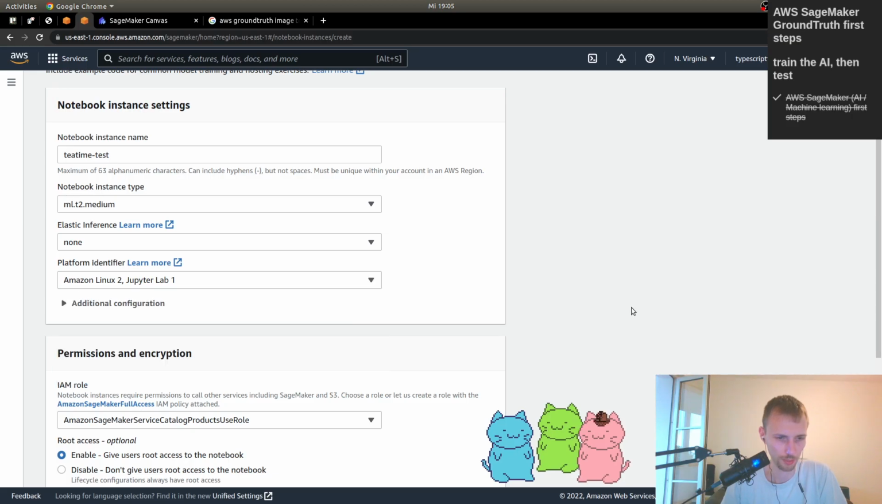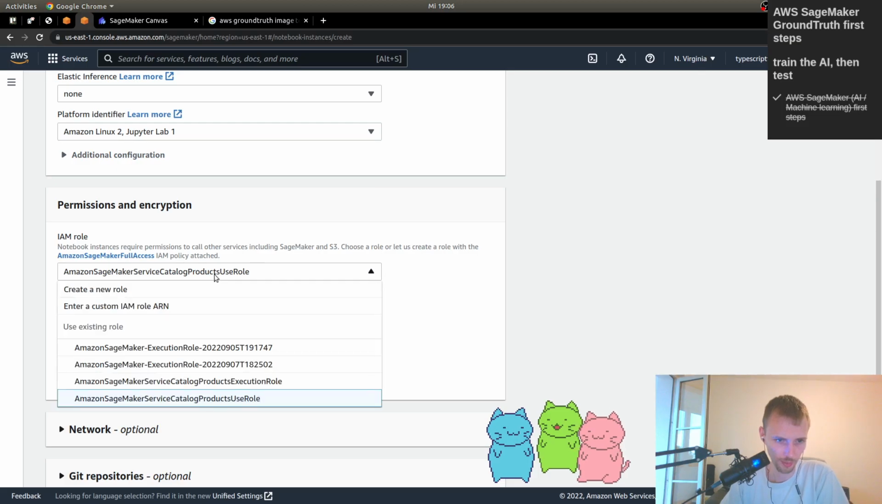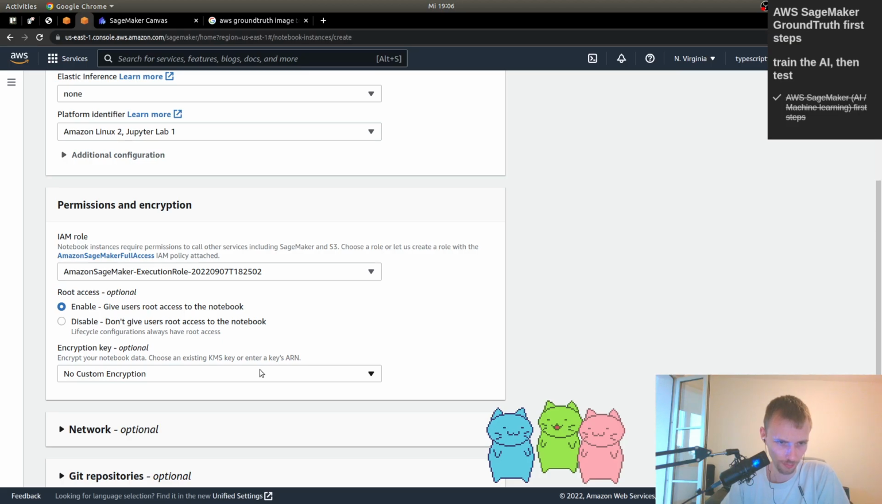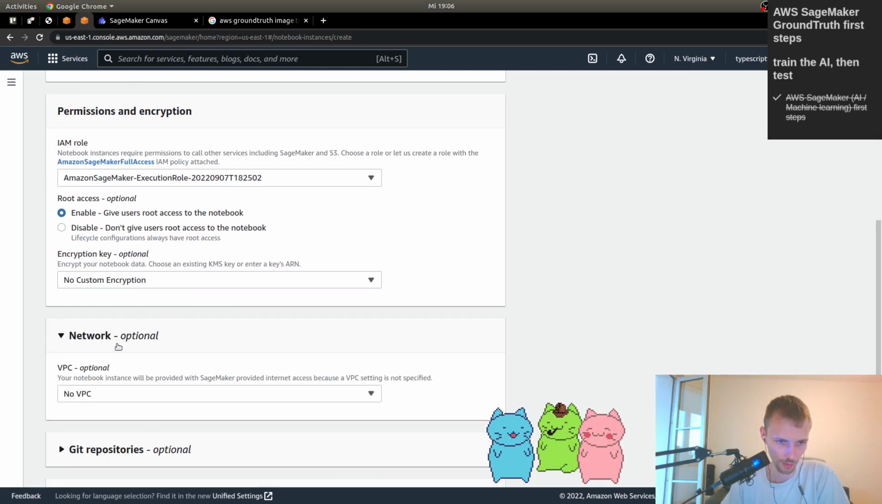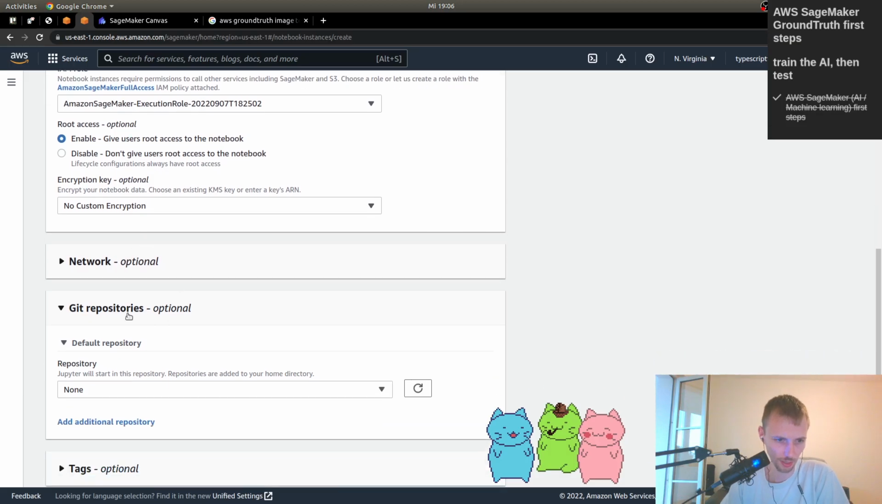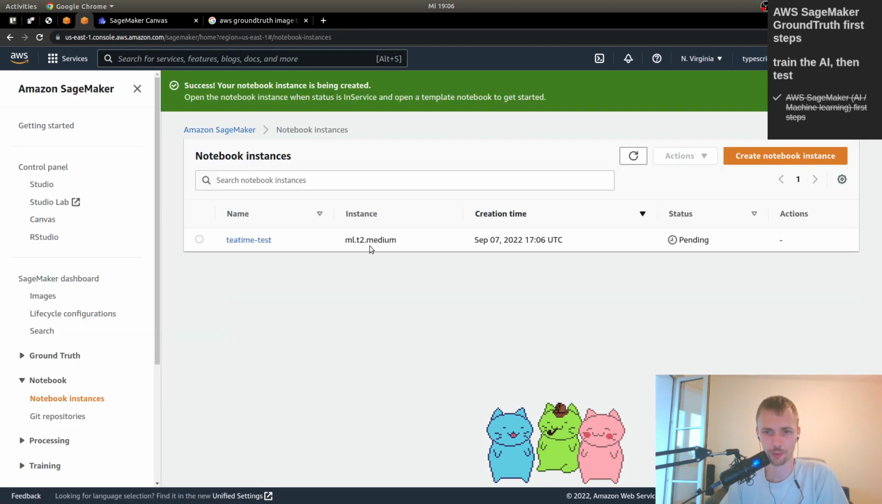Jupyter Lab 1. Very nice. I've written some Python back in the day. I have no idea how to do it actually within these kind of notebooks. But we will see. Should be this one. Yeah, the role, root access. Yeah, if you like. These are not production settings, so I don't really care about the root access. In production, I would probably restrict this further. But I just want to check it out, so